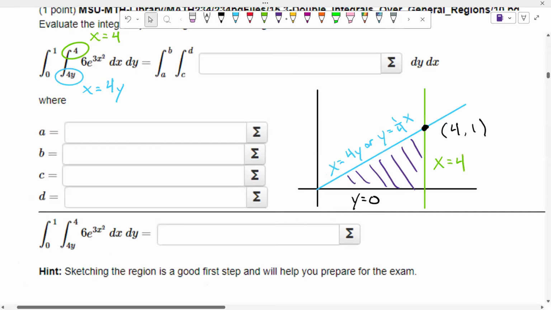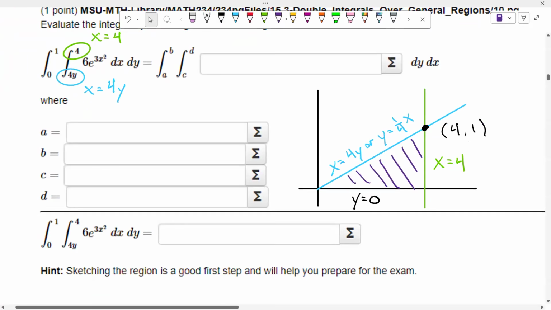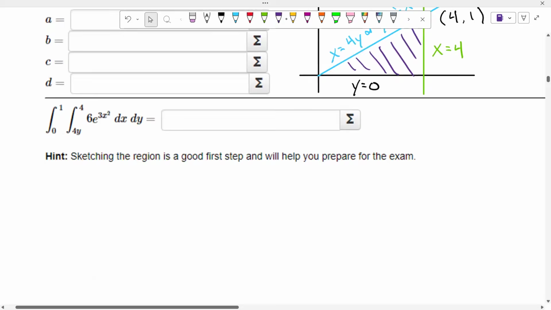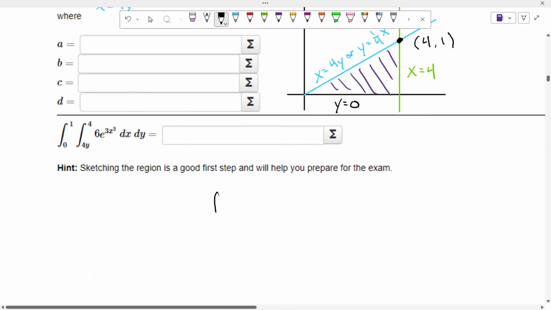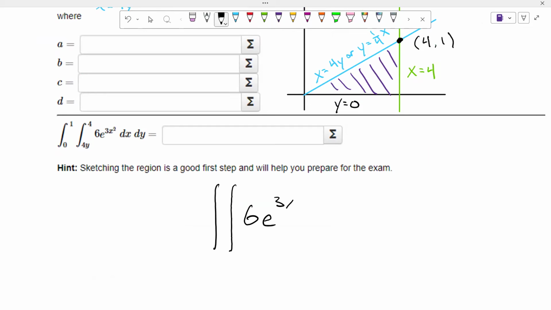And what did we want to do here? We wanted to rewrite this integral in the other order. We're changing our order of integration and hoping that it becomes integrable if we do it that way. So let's give this thing a shot. I need to rewrite the thing with hopefully decent looking integral signs. If I'm changing my order of integration, my integrand itself does not change. It's still 6e to the 3x squared. It will only change if I do a change of variable, which we aren't doing, we're just changing the